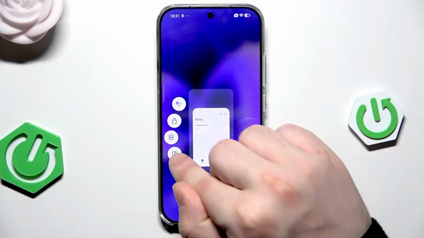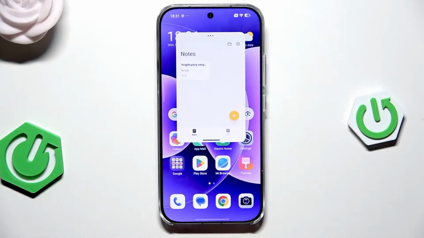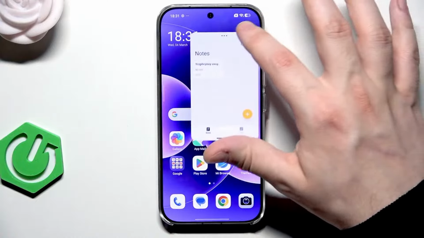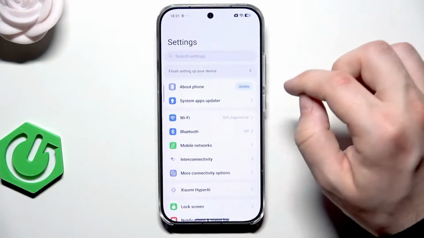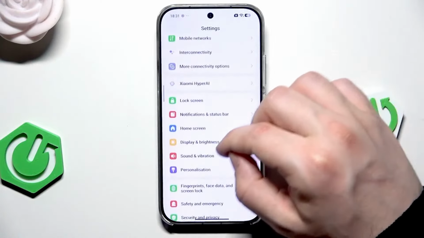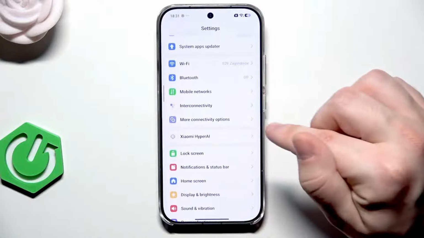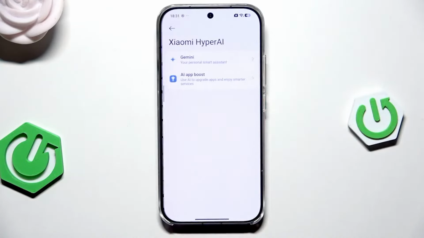To open the floating window, hit this icon, just like that. Really easy thing, but really, really useful. Okay, now let's go into the settings once again, and let's go straight into Xiaomi HyperAI,